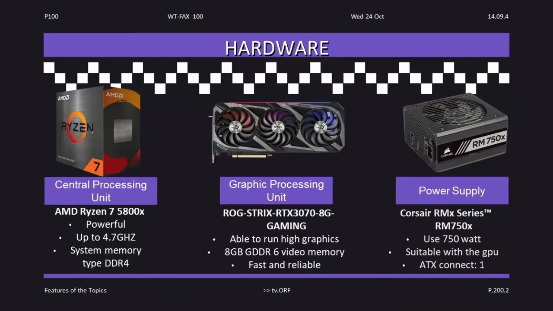I will be presenting about the hardware that we have chosen for Nawal. First thing first is the processor. We have decided to choose the AMD Ryzen 7 5800X. This processor is very powerful and it is one of the latest processors that is commonly used for gaming, editing and other heavy work. This processor is very fast and can clock up to 4.7 GHz.